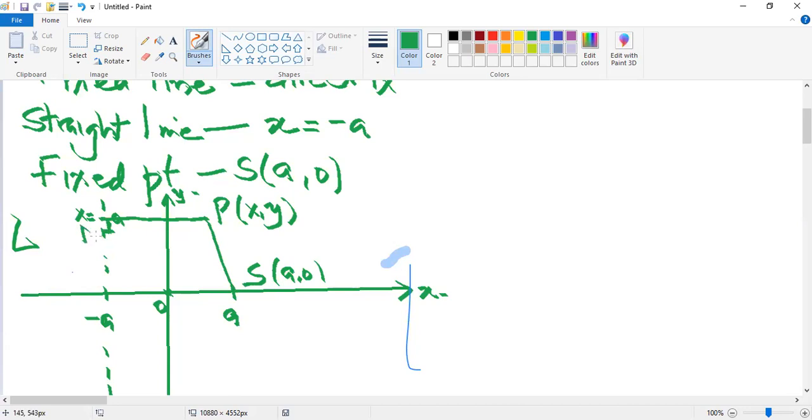So if I took that point on the line to be the point N, the way the book takes it, then my issue here,